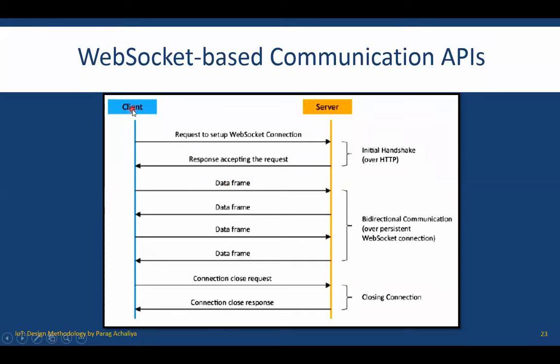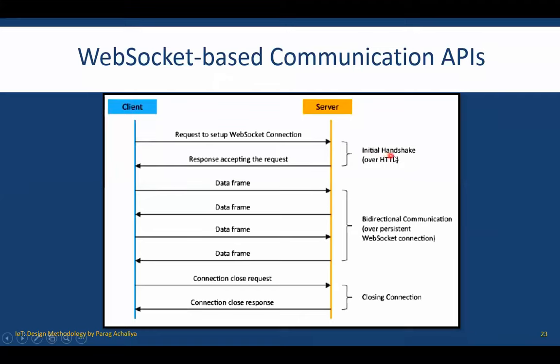So what will happen? The client is going to send a request to set up the connection with the server, that will be the WebSocket connection. The server is going to accept that request of establishing the connection. The WebSocket connection is established between client and server with the help of these two steps.